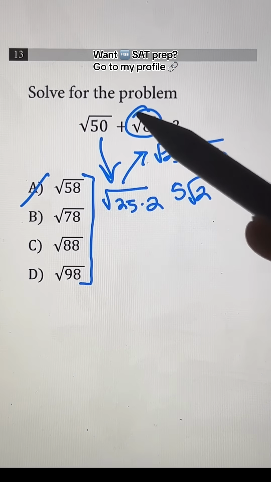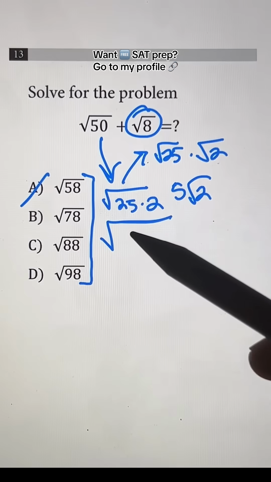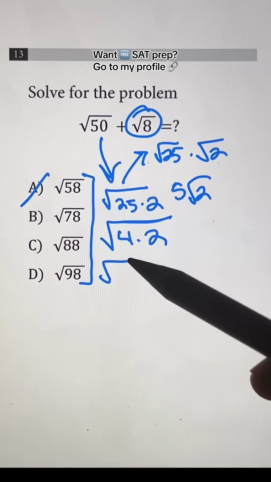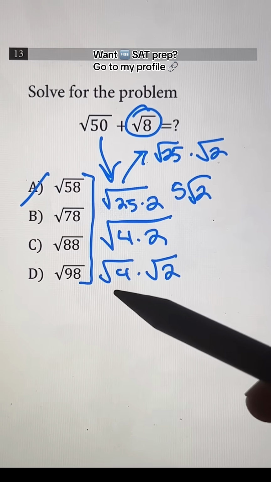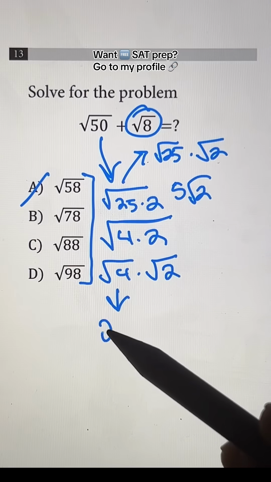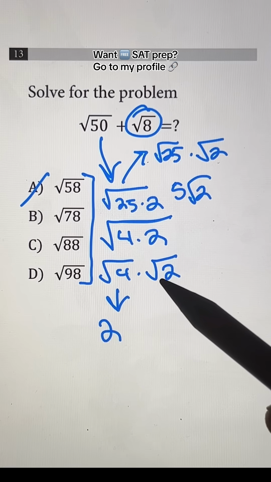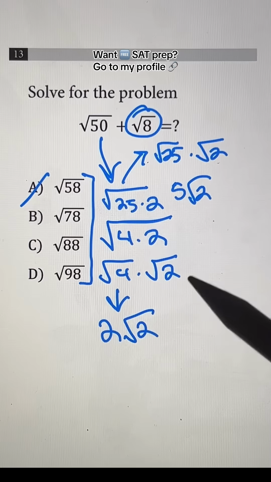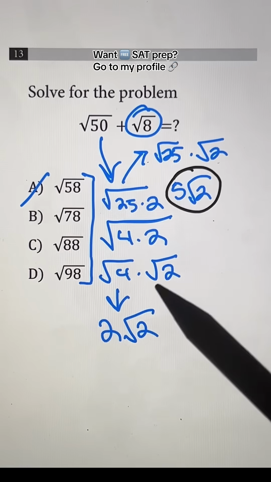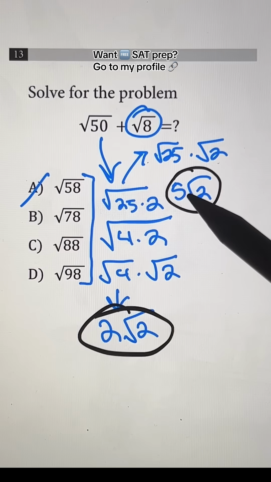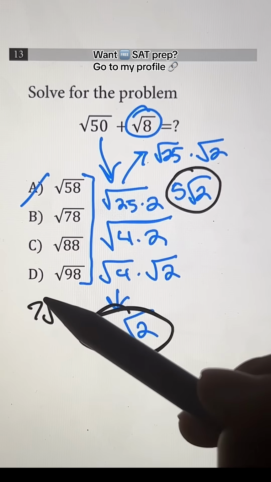Now, for the square root of 8, we can actually break that down too into the square root of 4 times 2, or the square root of 4 times the square root of 2. Now, the square root of 4 is just going to be 2, because 2 times 2 is 4, and we can't do anything with the square root of 2, so that's going to be 2. And now we just have to add together 5 times the square root of 2 and 2 times the square root of 2. Now, 5 plus 2 is 7, so we get 7 times the square root of 2,